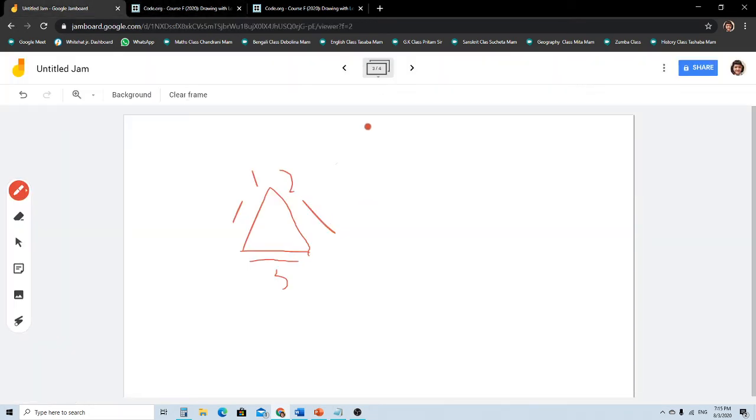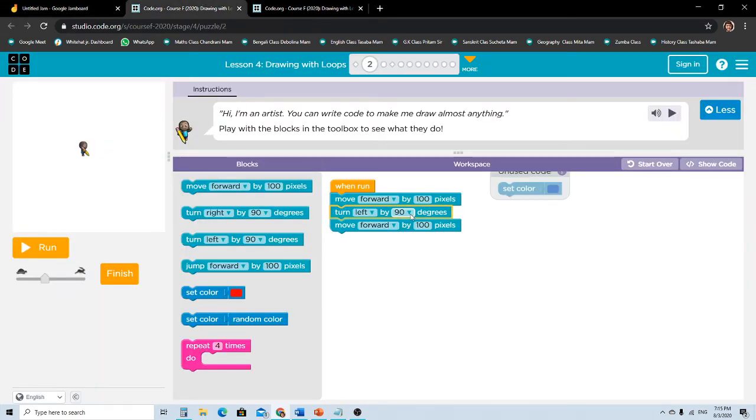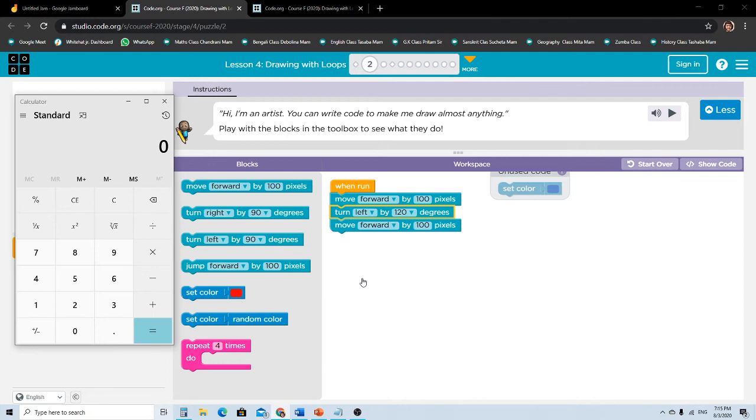So that is how you take out. Okay, so 360 divided by 3, we have got 120. So for my calculation, actually I have got 120. So let's just check it once with the calculator. Divided by 3.